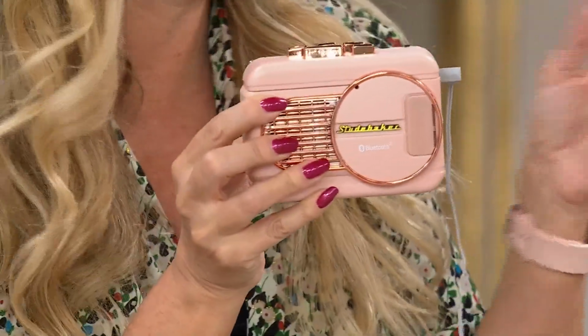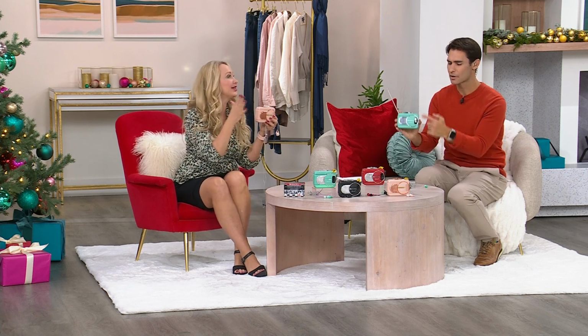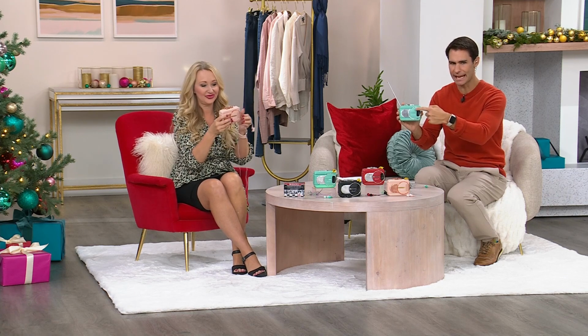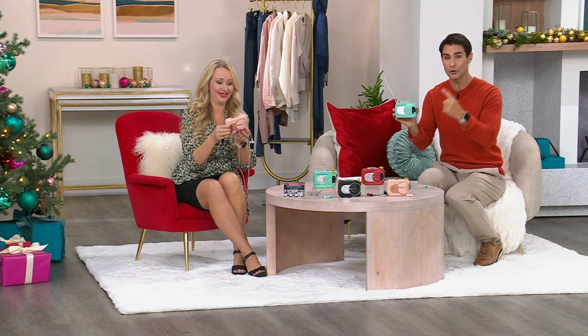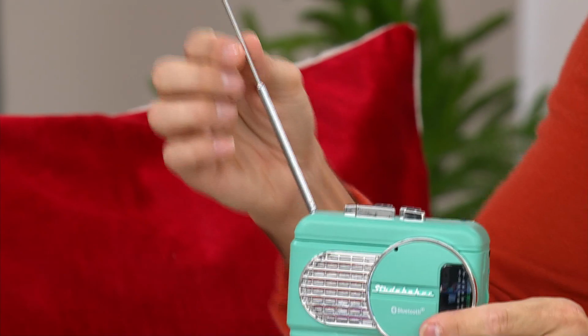And then a third way is you can Bluetooth it wirelessly to your earbuds, or maybe you have a Bluetooth speaker. You're going to be able to wirelessly connect it and stream your music through the speaker. So what you're playing on here, the tape or whatever, you can Bluetooth it to maybe your Aftershokz or something, that you just picked up on that Today's Special, which was crazy. Hot day yesterday. Bluetooth that onto whatever earbuds you like. Here's your